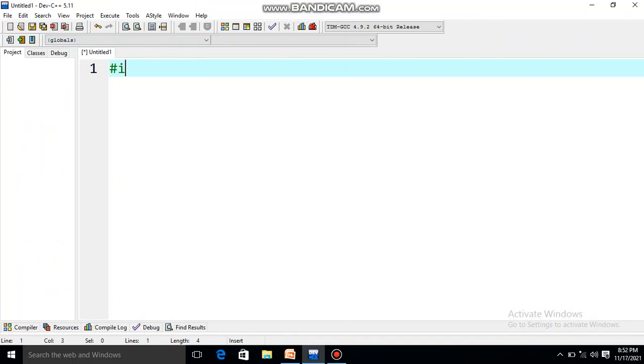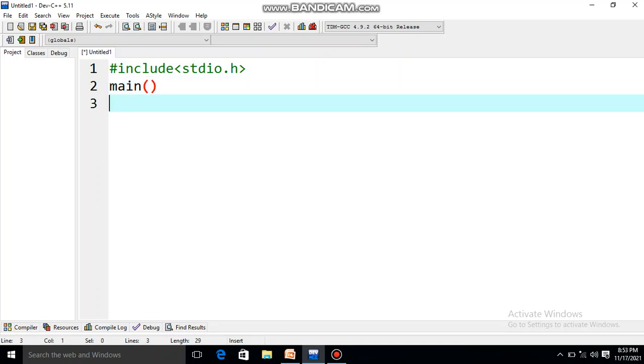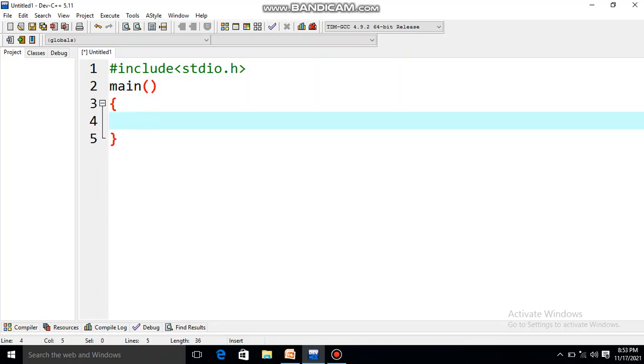So first we are going to write the program to show the use of increment and decrement operators. So first of all I'm going to write down the program. First line #include <stdio.h>, main, and now let us take one variable. Let num be the name of the variable. Let us assign some value here, 23.